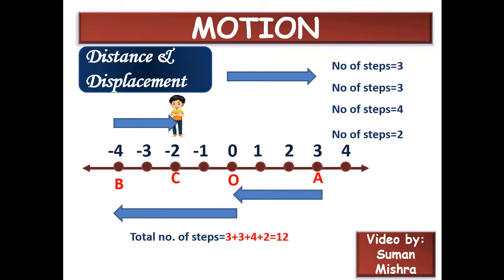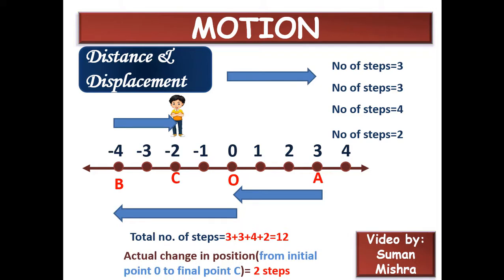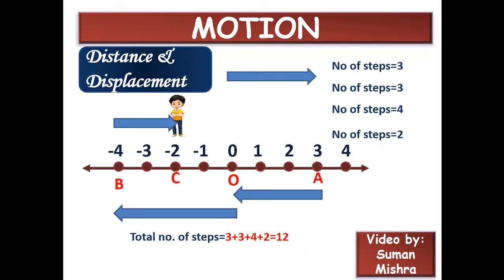तो पहले 3 स्टेप्स O से A, देन +3 दैट इज A to O, देन +4 दैट इज O to B, देन +2 दैट इज B to C। तो इस पूरे एंटायर प्रोसेस में लड़का O से C जाने के लिए कंप्लीट 12 स्टेप्स का डिस्टेंस ट्रैवल किया। ओके, सो दैट मीन्स द टोटल डिस्टेंस ट्रैवल्ड बाय द बॉय इज